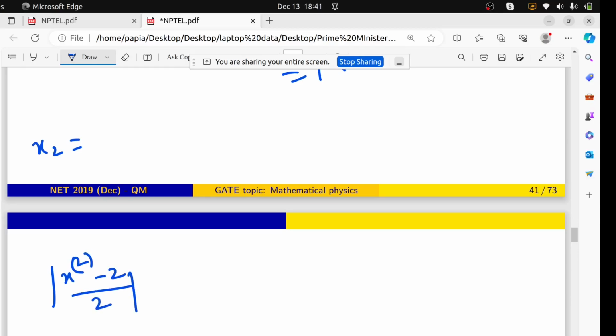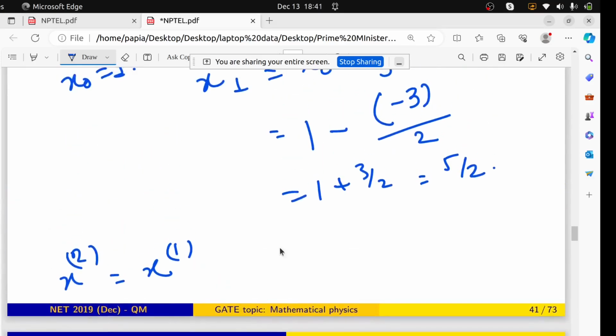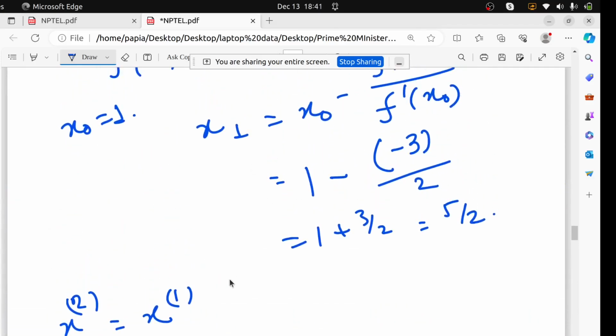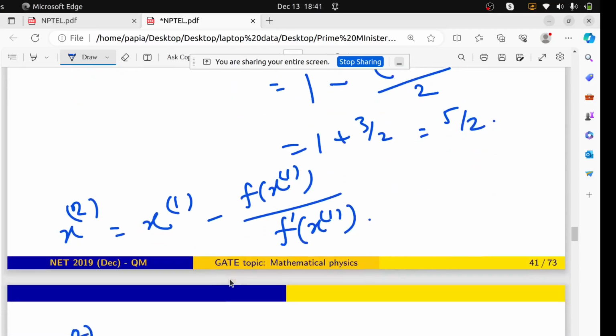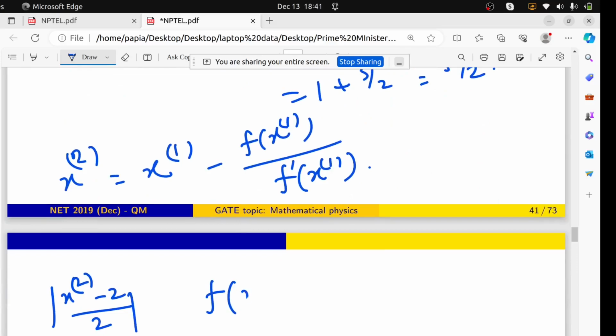So for that case, we also need to check x2. So x2 will be what? x1. I'm just using different notation, but it is exactly the same one. I understand. I hope you understand. So it will be f of x1 divided by f prime x1. So now f of x1 will be